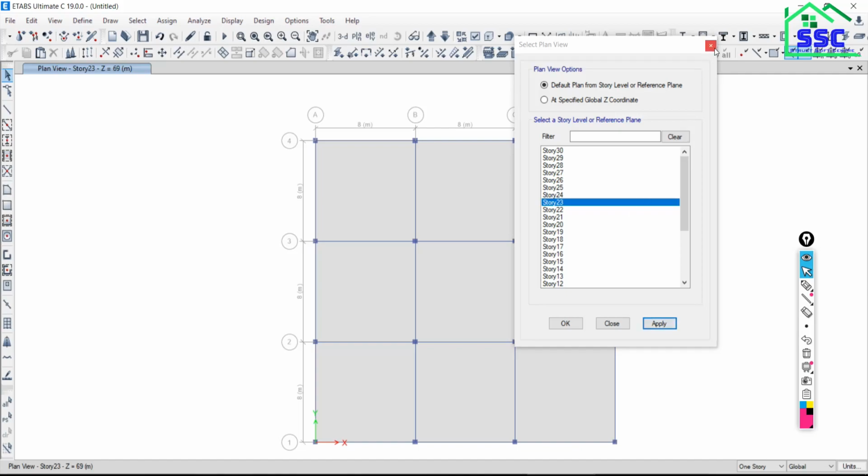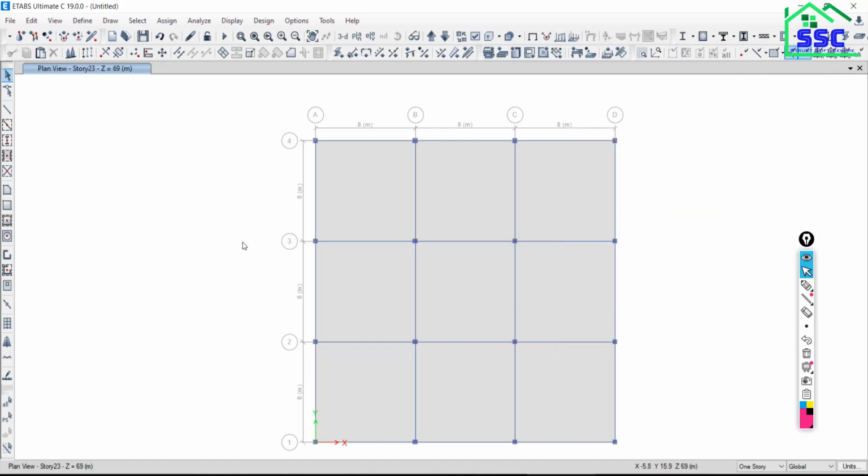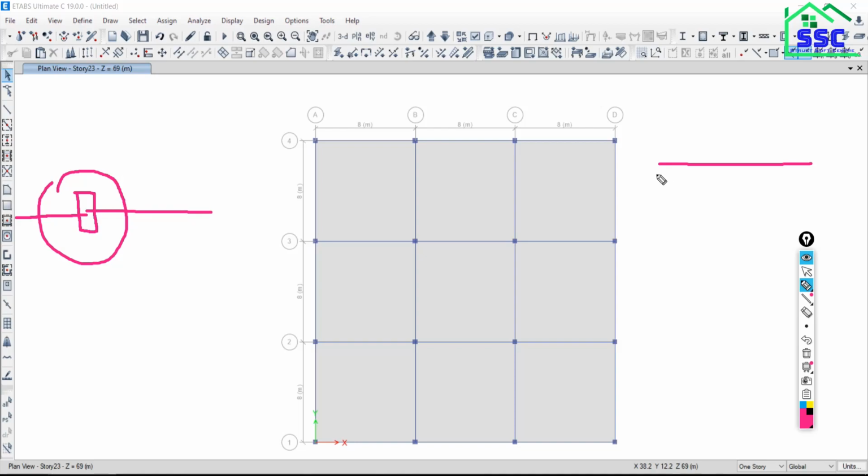So we are at any floor, and suppose I have to model the beam. A column is there, just for example, like this. One beam is coming from this side like this. Another beam I have to take here. But by mistake, what happening here? See, by mistake the point I have taken here. Is it visible? So slightly different is there. If I am enlarging this option, so see, this kind of error is there on large scale.